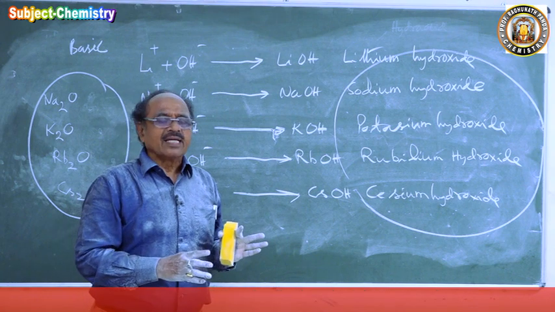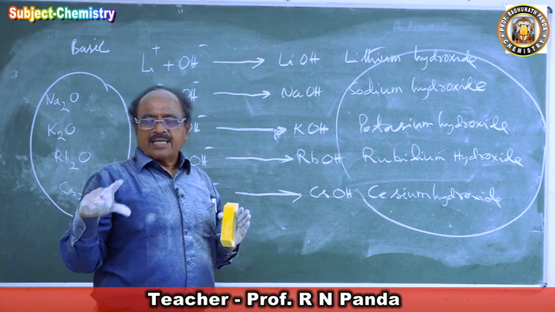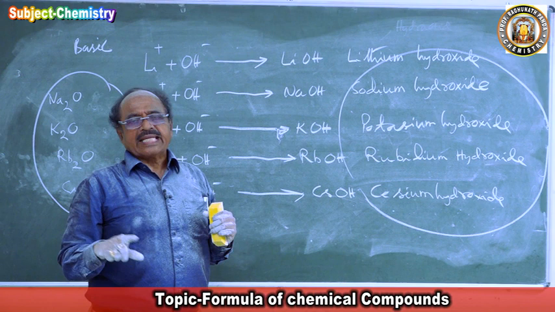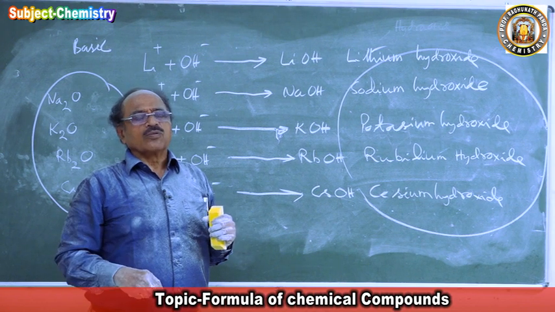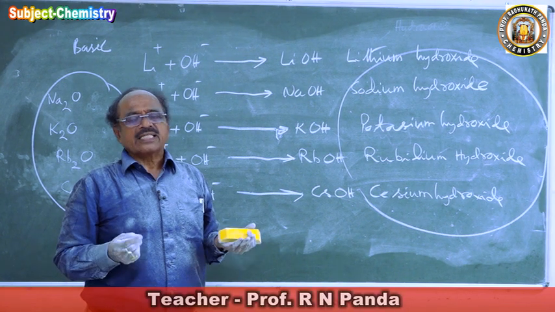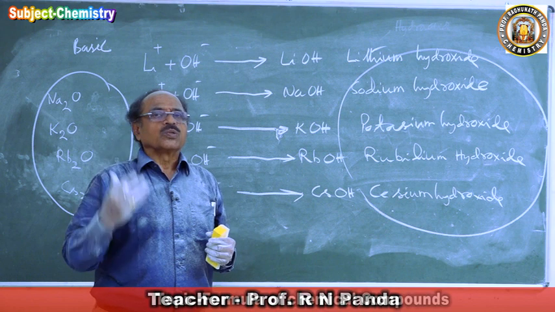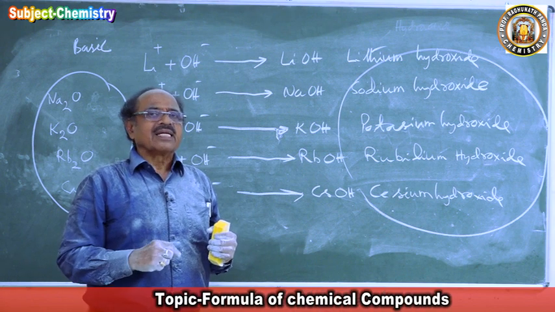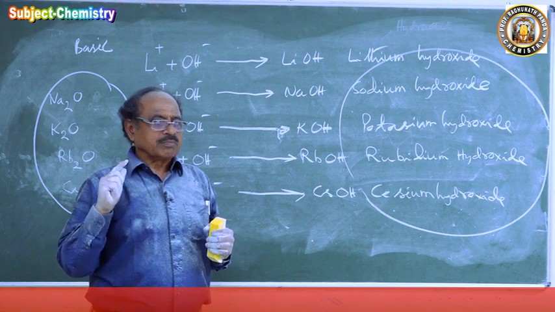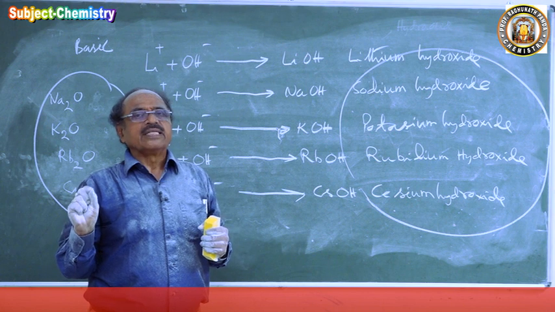So we have completed a preliminary idea of acids, their names and formulas, and a preliminary idea of bases, their names and formulas. Next class we will go to the other elements, and come to the salts, acid radicals and base salts, so that then we will go to how to write a chemical equation and how to balance a chemical equation. From this preliminary knowledge, I will be doing this.